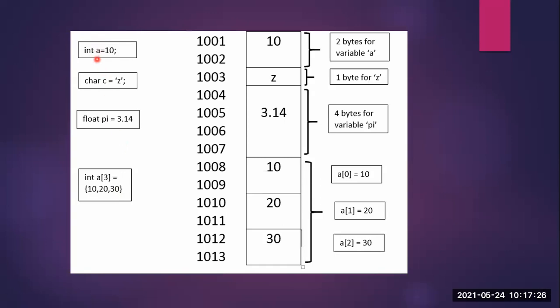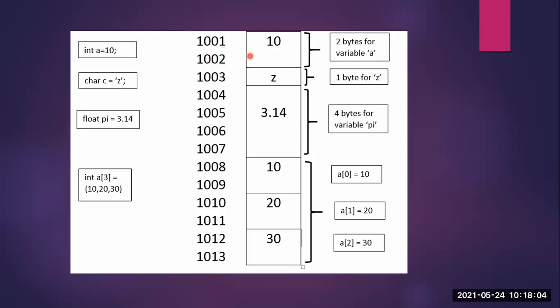So you can see here. First example we'll see: int a is equal to 10. So you tell me, integer is how many bytes? It can be 2 bytes or 4 bytes depending on the internal architecture of a computer. So now we will assume that it is going to be 2 bytes here. Now you can see which two memory addresses are holding the value 10: 1001 and 1002. Yes, 1001 and 1002.